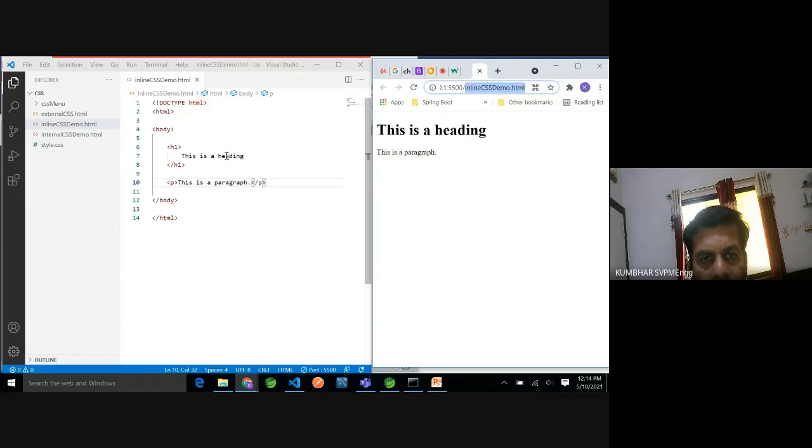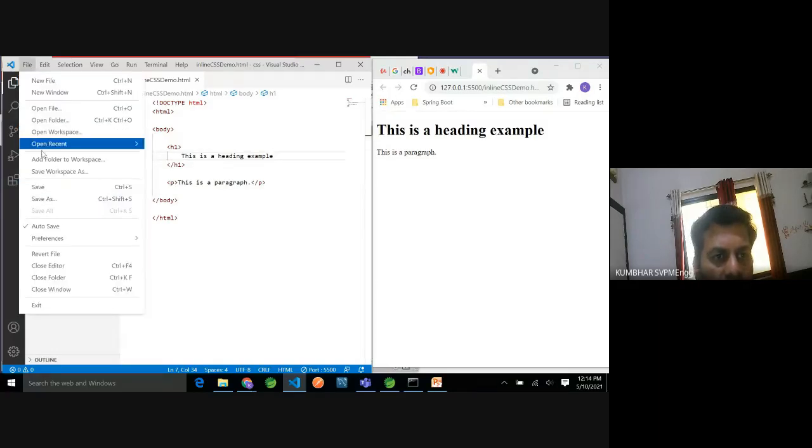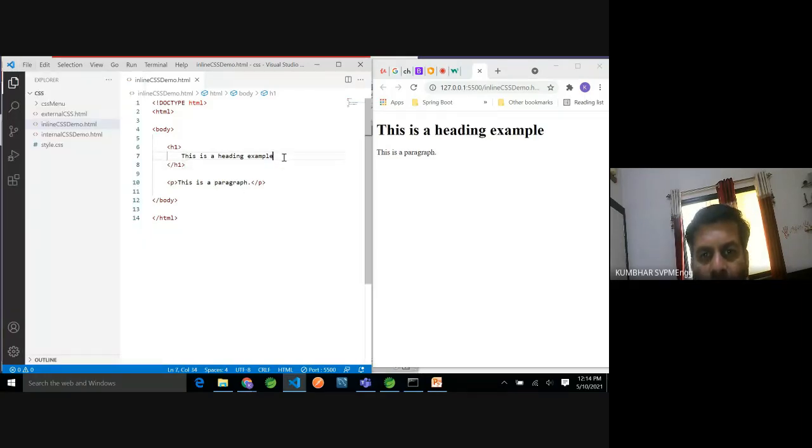Okay, if I make changes in this, automatically those changes will be reflected, so it will save your time from again opening the browser to refresh and get the contents changed. One more thing I have done here, in the file menu, I have checked auto save. Means whatever I type will be automatically saved. I don't have to press Control S, or if I forget to save and suddenly the light goes off, my contents will not be lost. That issue will not be there. Isn't it quite interesting and useful, both the features?